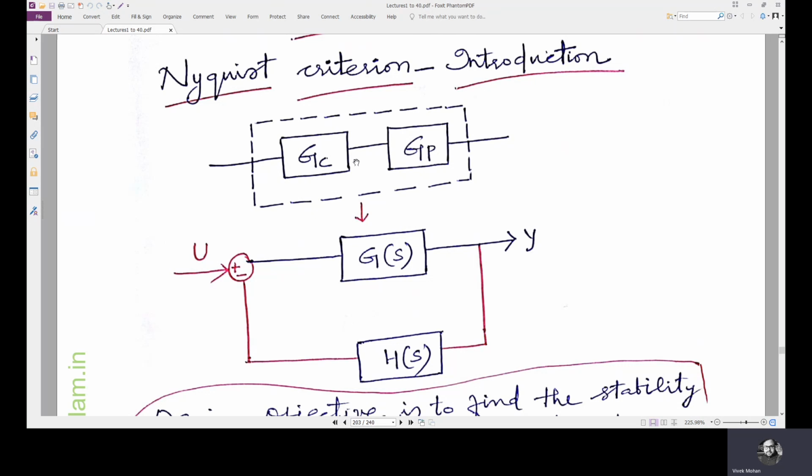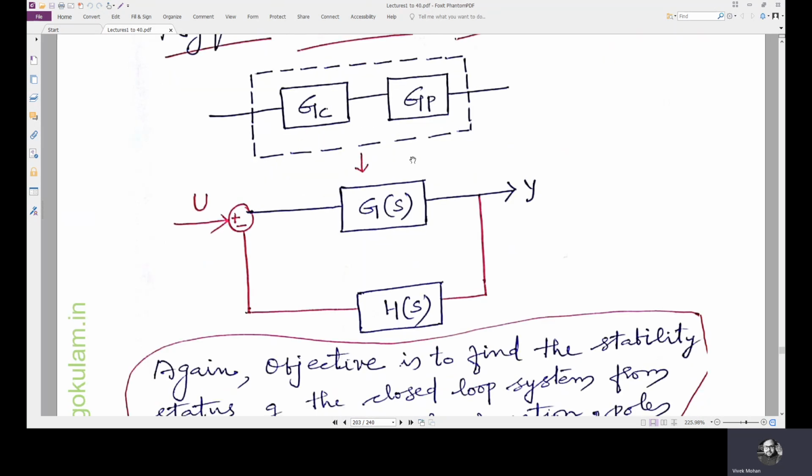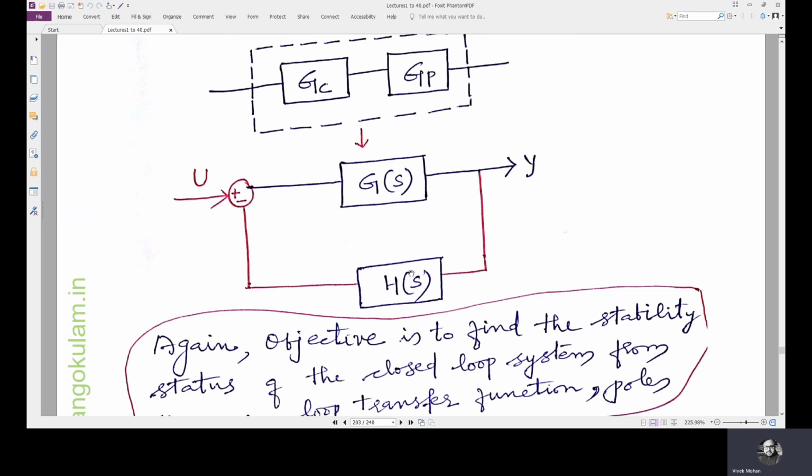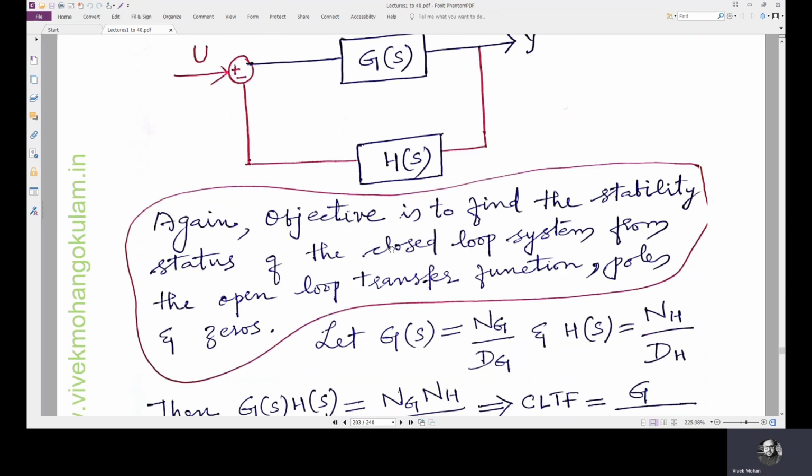GP connected in series. And in the next block diagram, G of S is the combined transfer function of GC and GP, which is the forward path transfer function. And the feedback element is H of S. Now, the objective is to find the stability status of the closed loop system from the open loop transfer function,